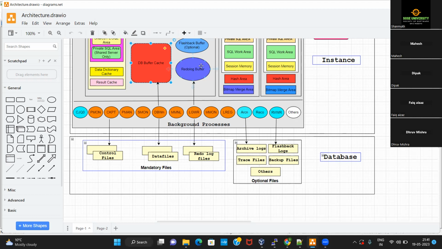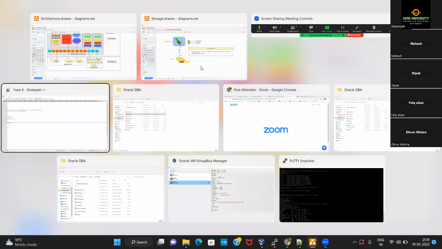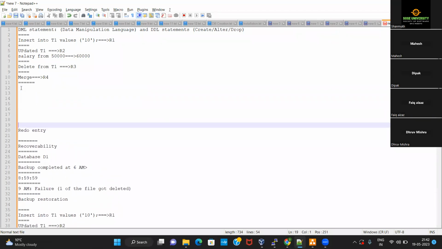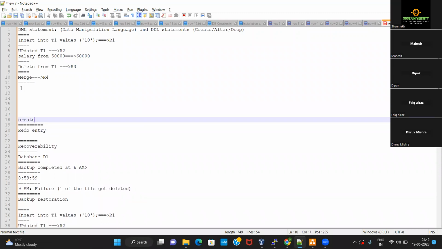We saw examples like insert, update, delete, and merge statements, which are DML statements, and DDL statements like create or drop.